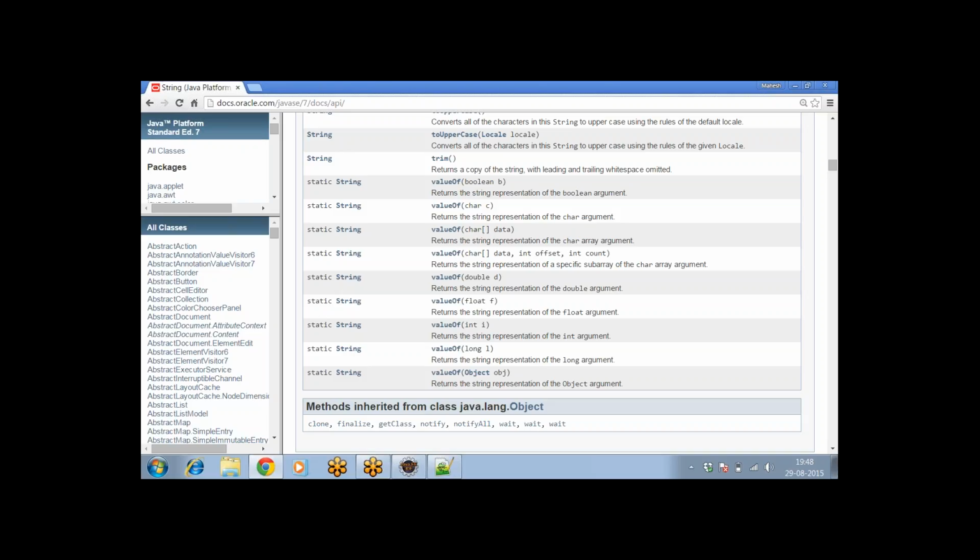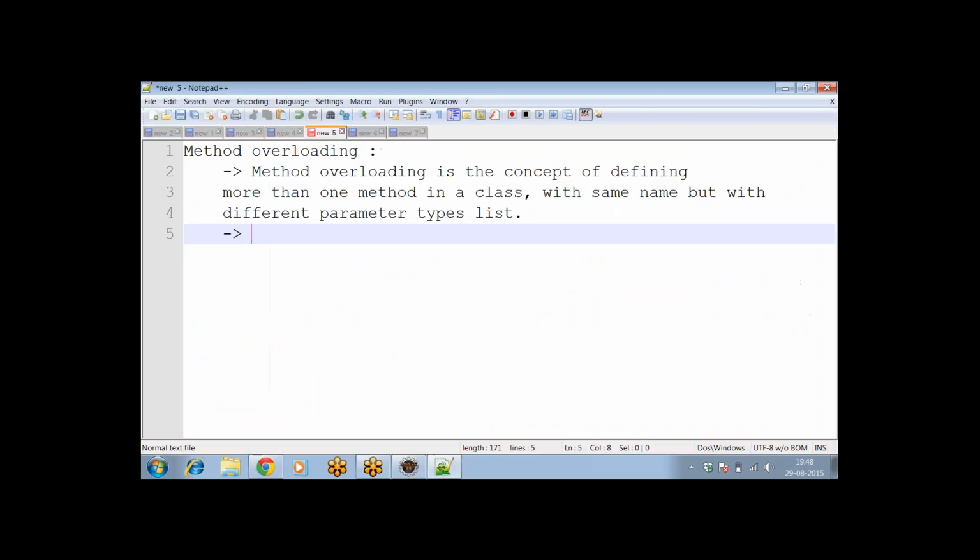So now just imagine, even here in this case, if we got methods with 8 different names, that would be difficult to remember. So that is about the overloading concept. Now let's move on. We'll talk about